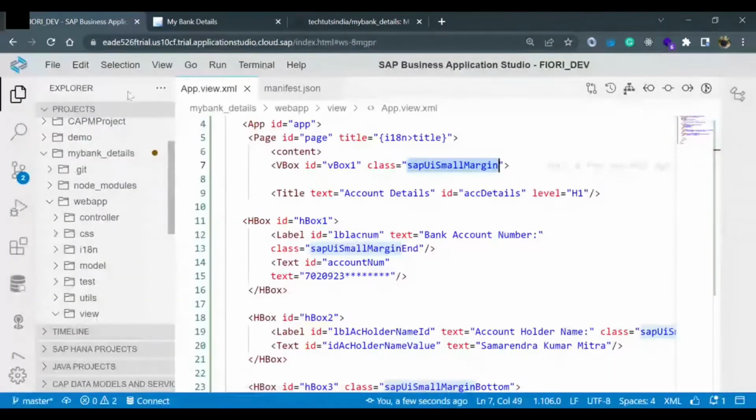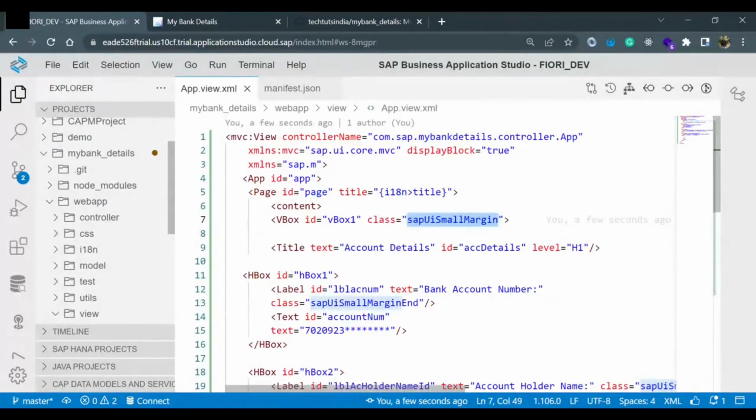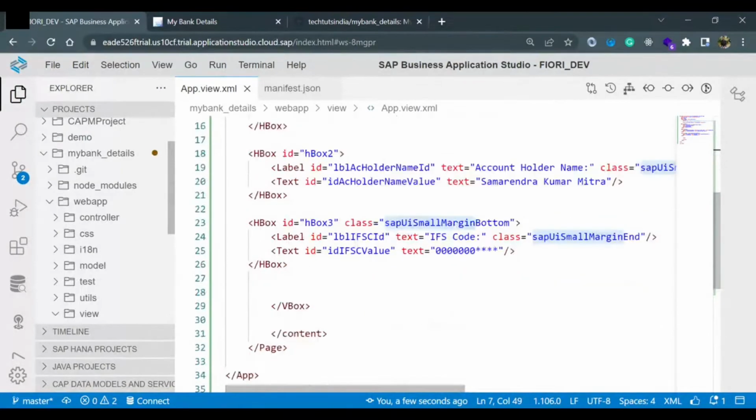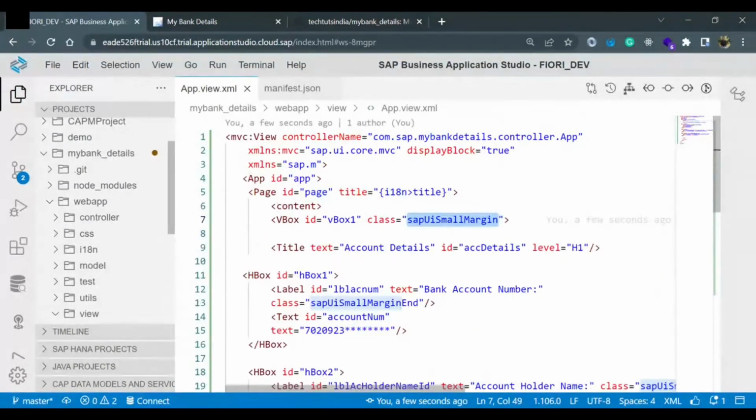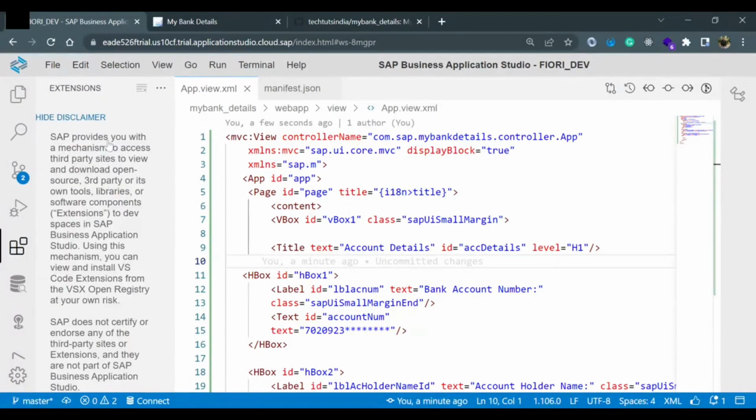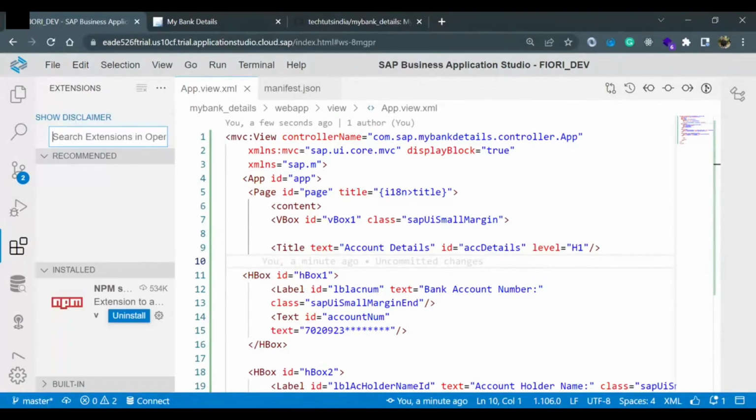Now I want to show you that because we have put so many things in this view, our code is spread out and we need to align our code properly. For alignment, we need an extension. I will show you how we can do that. Here is the extension option. On the left side panel, you will see this box with four boxes. This is called extensions. Go to extensions, and go down. There should be some option, hide disclaimer. Here you search